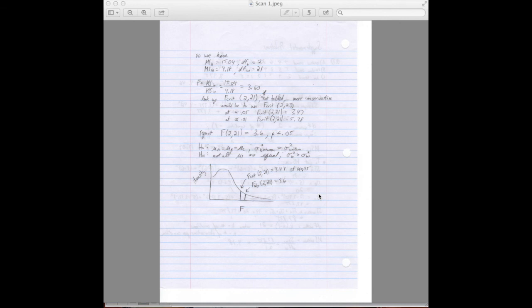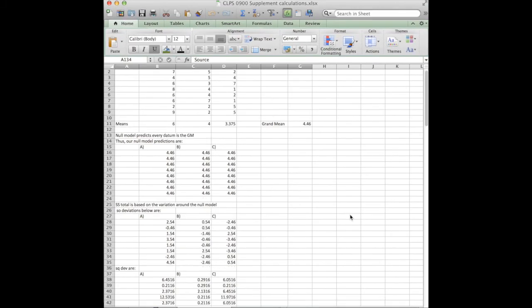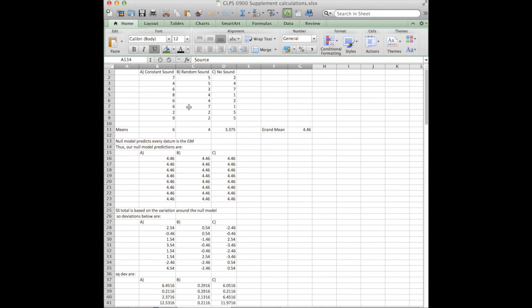So another thing that we'd like you to know how to do is to understand how to partition the sums of squares for each term. So I'll be using the same data, but I'm going to just switch over to an Excel sheet because the calculations are a little bit more tedious. So again, this is just reproducing the data set. And then we have the means: condition A was 6, B was 4, and C was 3.37. Grand mean again,